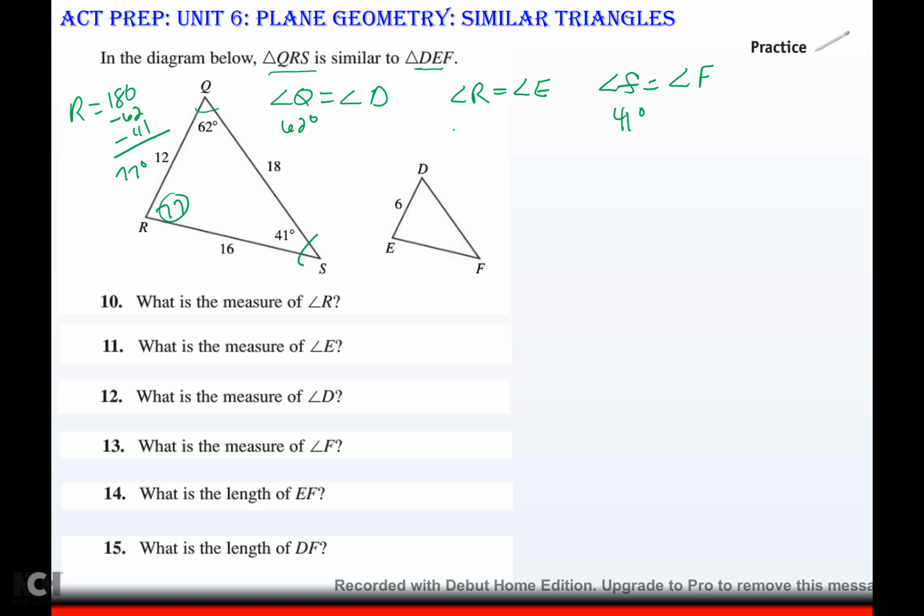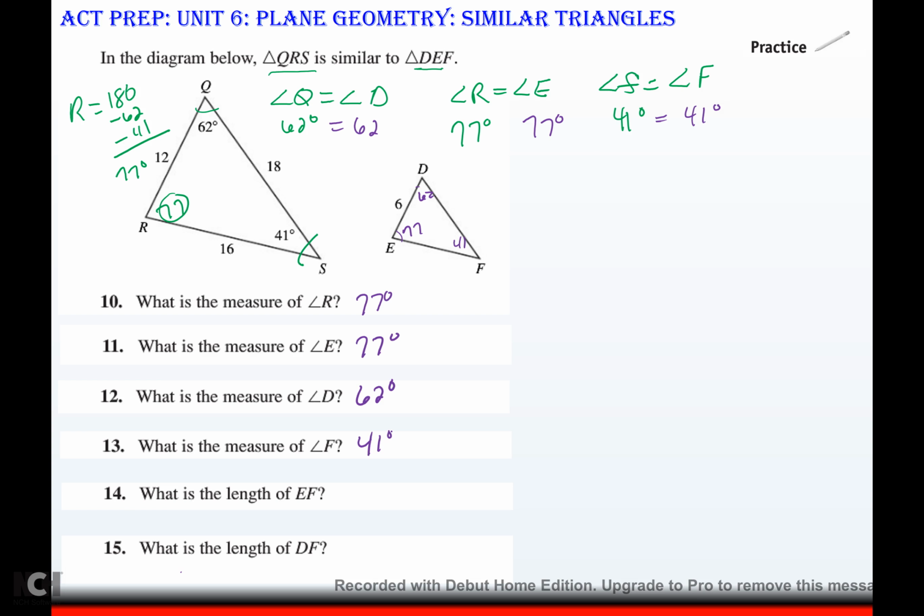So R is 77. Well, what that means is, since Q is 62, then D is 62. Since R is 77, then E is 77. And since S is 41, then F is 41. So we got our angles. So angle R is 77 degrees, angle E is 77 degrees, angle D is 62 degrees, and angle F is